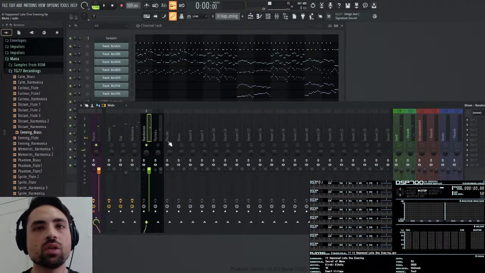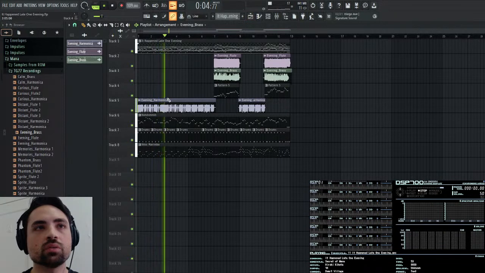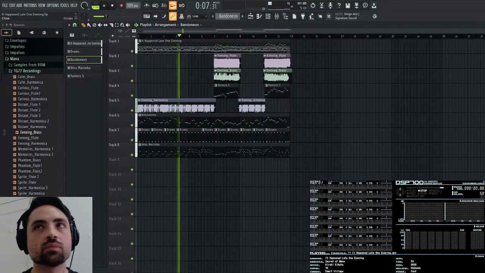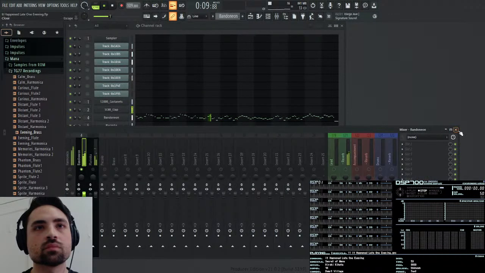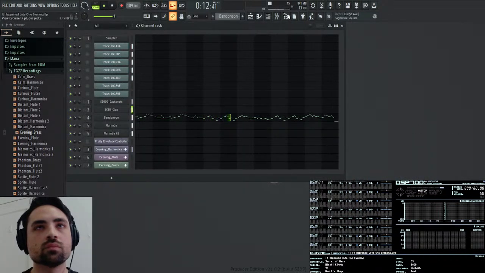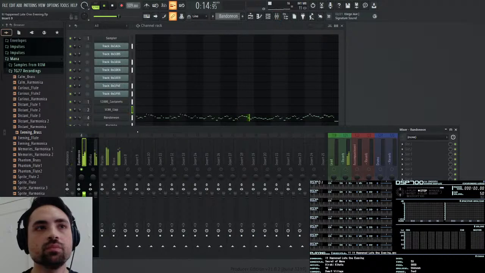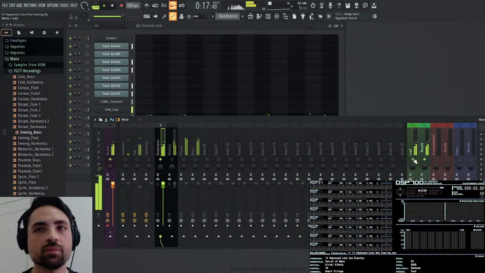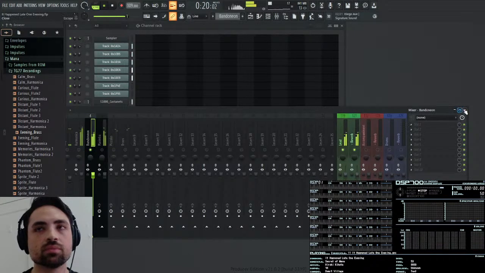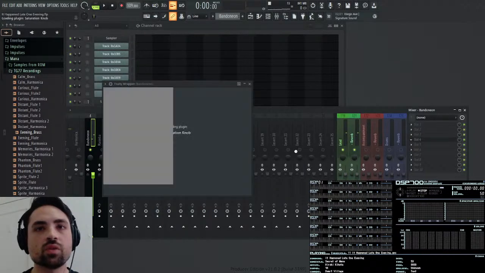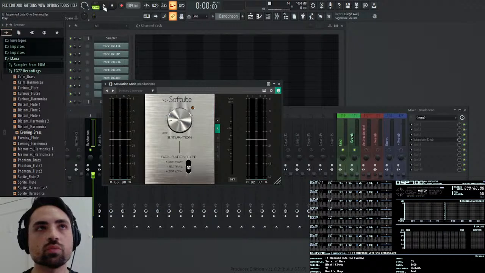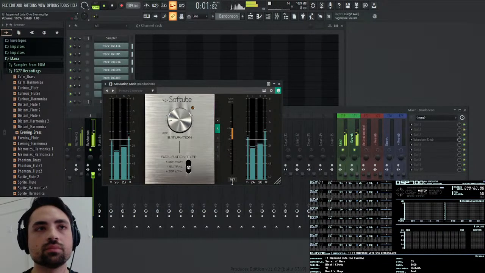And then for the bandoneon, let's send that to reverb as well. Where did it go? Why isn't it playing? Strange. Oh, because I don't have the thing enabled. Let me also saturate this one a bit to compensate, because the SNES adds a little bit of distortion, which is nice, I think.